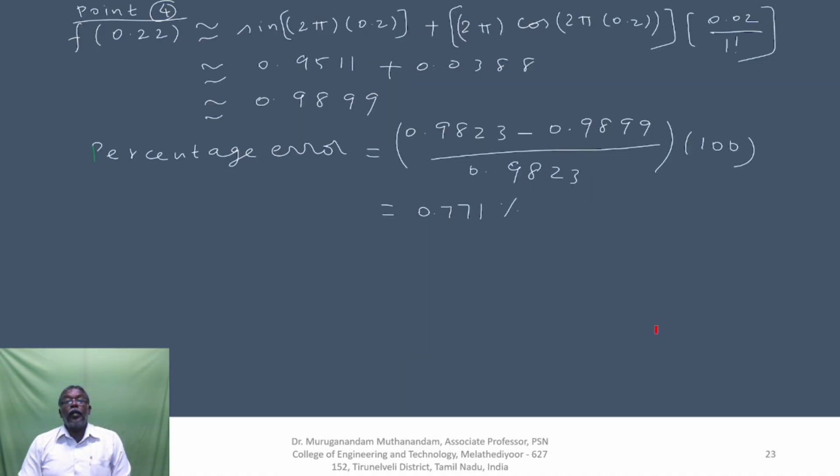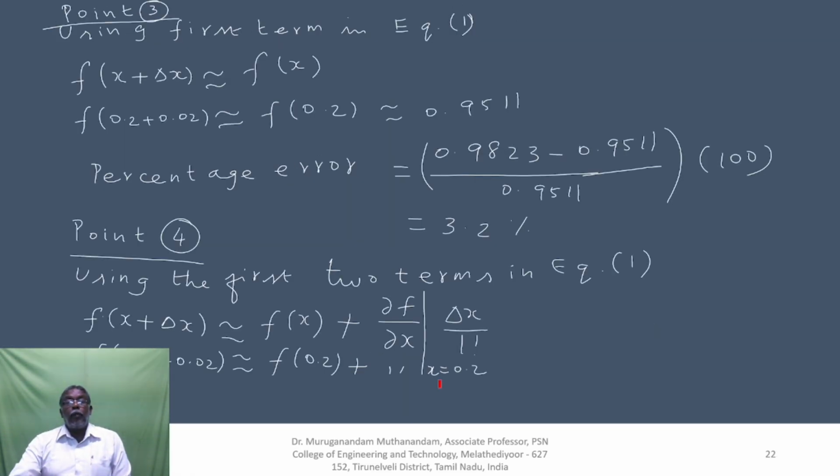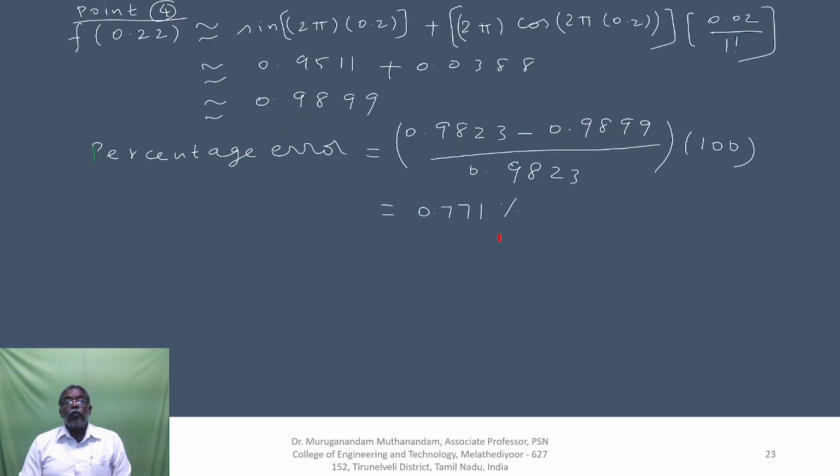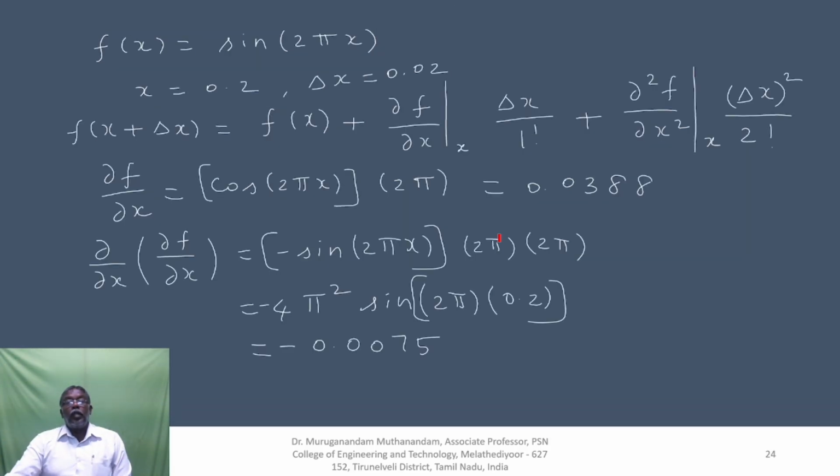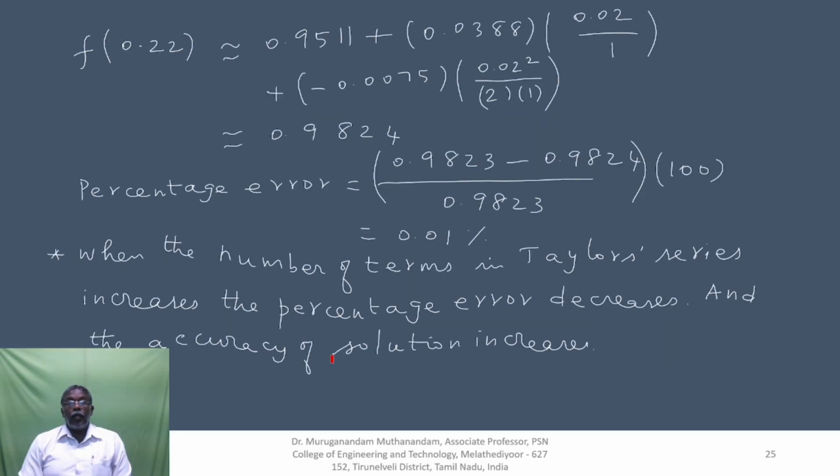Initially the percentage error is 3.2 percent, which has been reduced to 0.771 percent when two terms are used. When three terms are used, again the percentage error is reduced to 0.01 percent. So when the number of terms in the Taylor series increases, when we use more and more terms on the right hand side of the Taylor series,